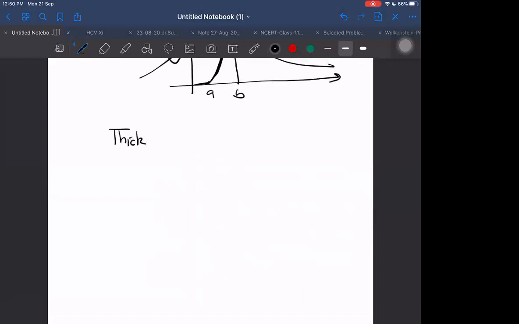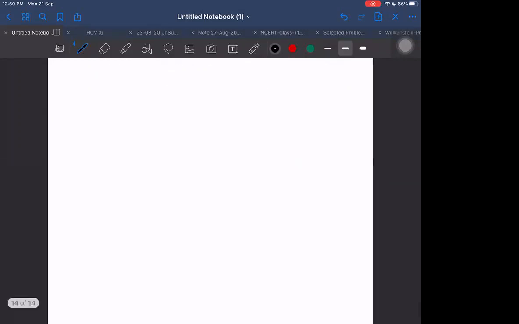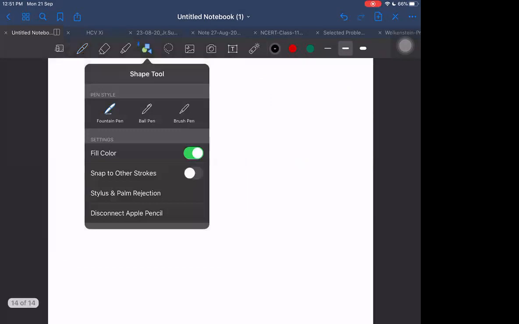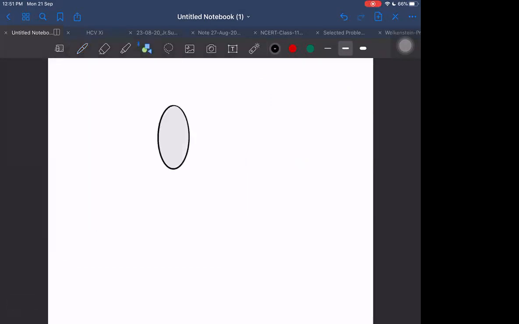I am leaving the graph for you. You have to plot a similar graph for the thick cylindrical shell. To plot the graph, first you should derive the formula. Then you will be able to plot the graph. Now I will end this discussion with one last important topic: the disk. What is the field for the disk? After that, I will end this discussion.